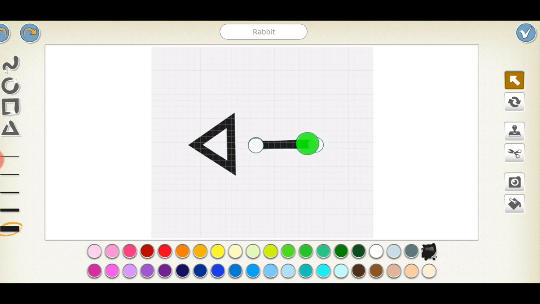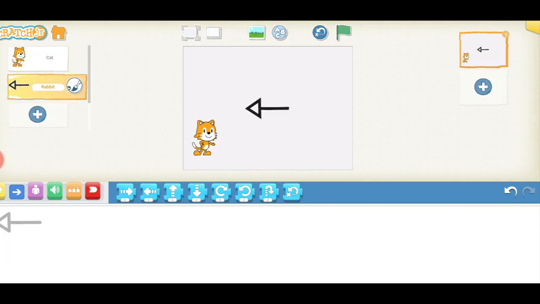I'm moving it like this. Here we go. So here I made a button. Now I can use this button over my project.